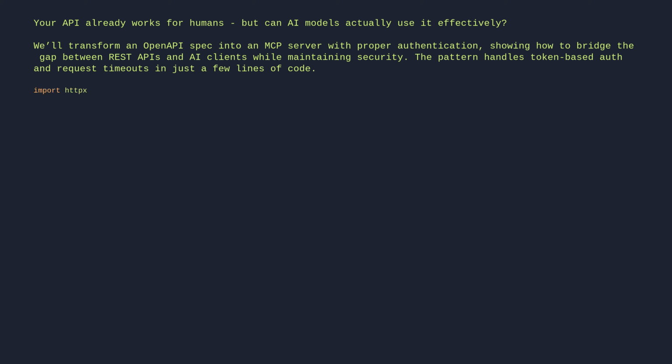Import HTTPX. From FastMCP, import FastMCP. # Bearer token authentication. api_client = httpx.AsyncClient( base_url="https://api.example.com", headers={"Authorization": "Bearer your_token"}